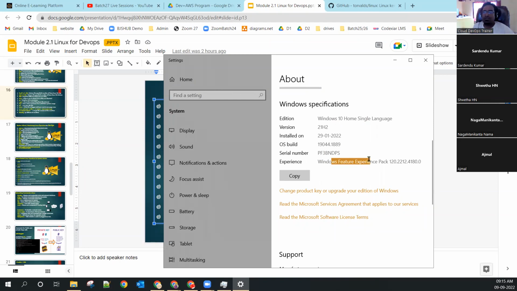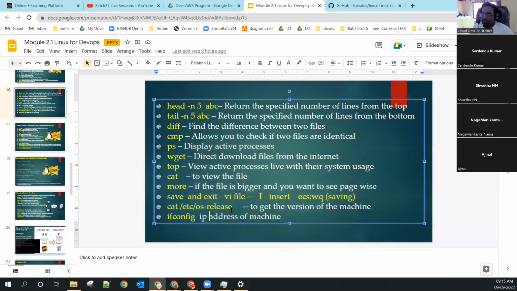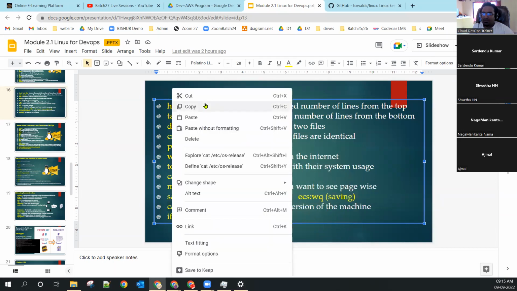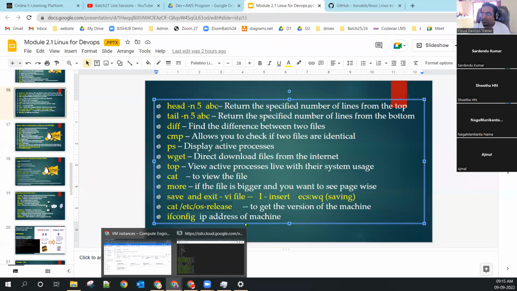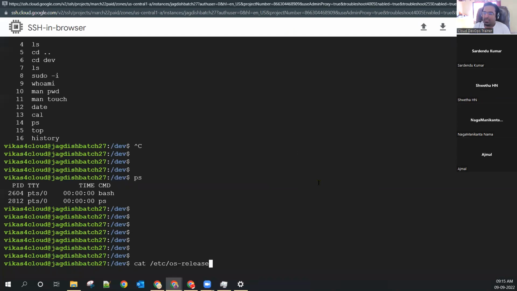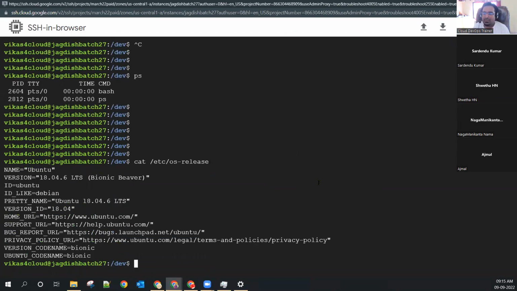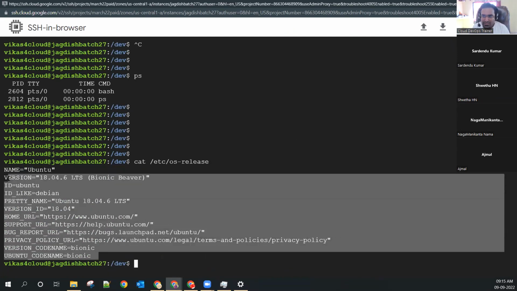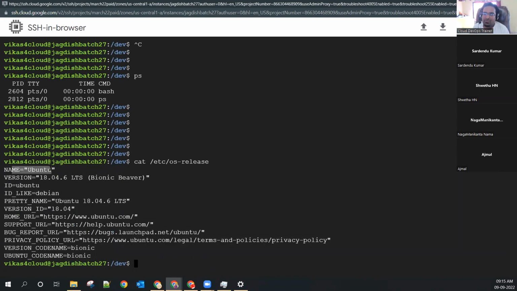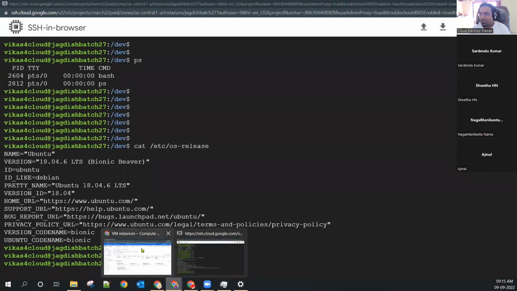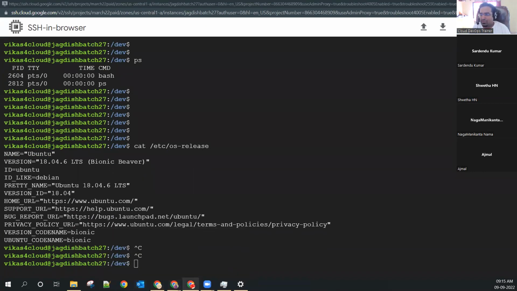If you want to see this in Linux, there is the command cat, and there is a file. We can't say it's a command, it's a file. Go inside the file /etc/os-release and check it. Let me run it directly. I'm running it directly: cat /etc/os-release and enter. All my operating system related information will be visible here. My operating system is Ubuntu. Version is 18.04. The name of the version is Bionic Beaver. I'm just copying this and putting it into Google, and let's see what output it shows. Where is that?